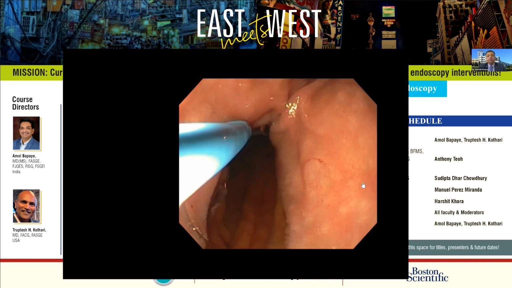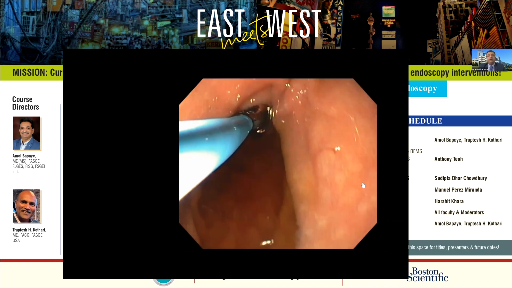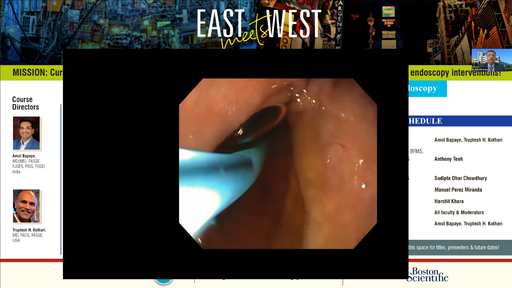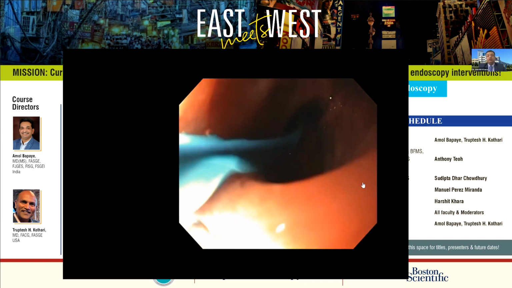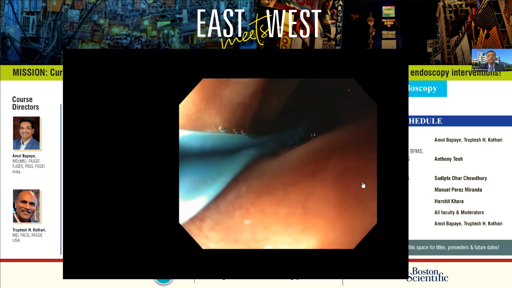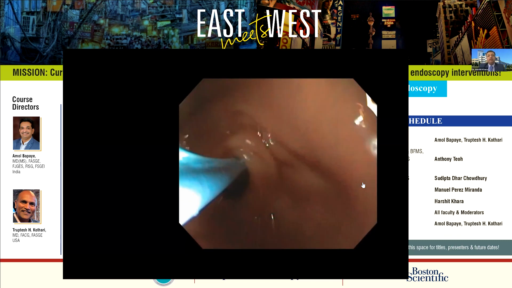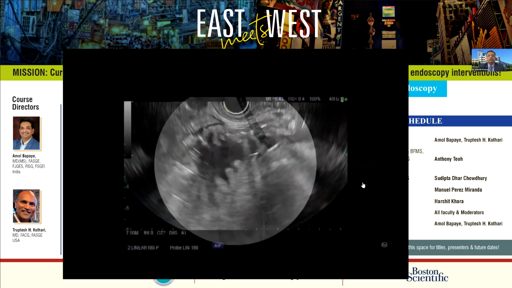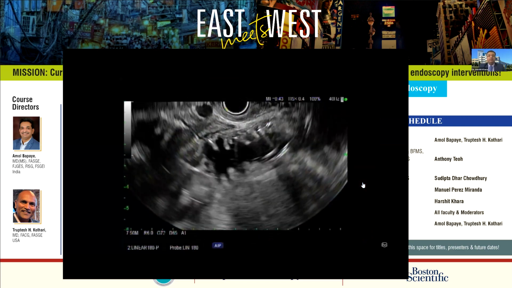And then through a therapeutic endoscope, I place a 10 French orojejunal drain. This is technically a nasobiliary drain that I use and turn into an orojejunal access. So this drain is passed through the endoscope and then exchanged out. And then a therapeutic EUS-scope is placed alongside the drain.